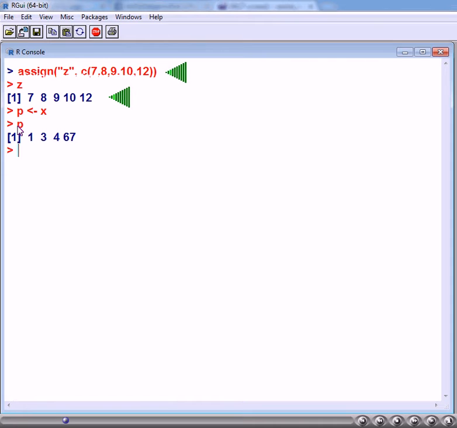For this function, the first argument is the name of the vector which we want to create. The second argument is the create function, that is, what values we want to assign to the first argument. Here we are creating a vector with the name z. You can verify its result by typing z at the command prompt after executing the assign command.